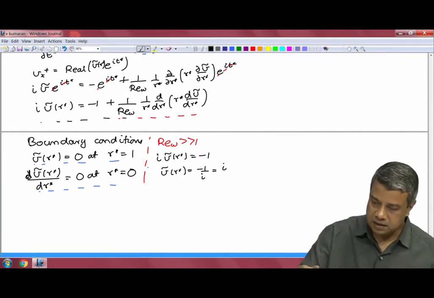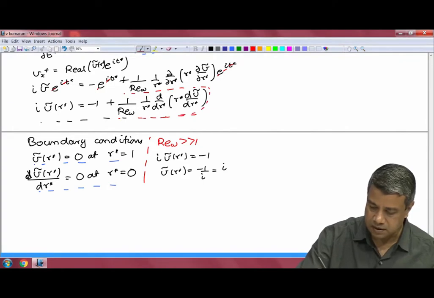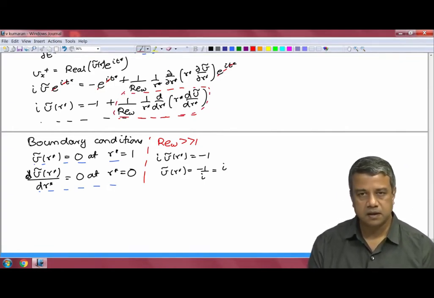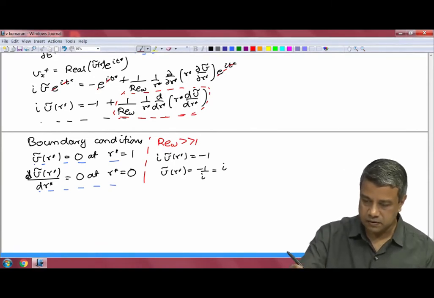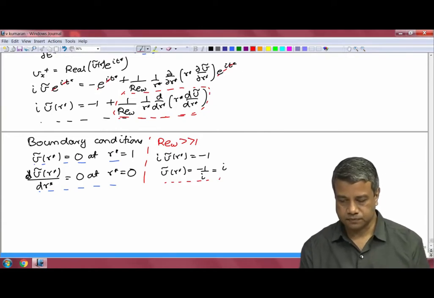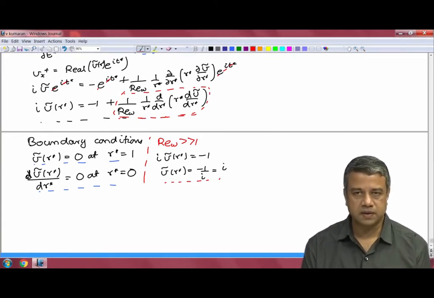If we neglect the viscous term altogether in the differential equation and try to solve it, we get a constant value of V. With this, we can satisfy the boundary condition at the center, but we cannot satisfy the boundary condition at the